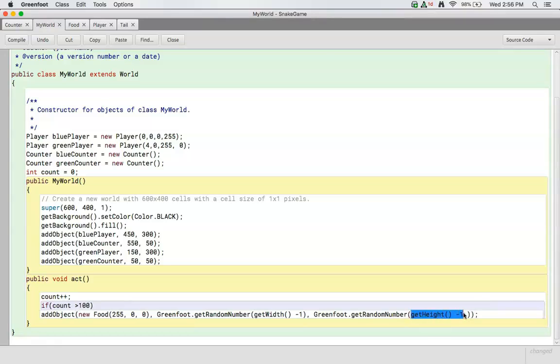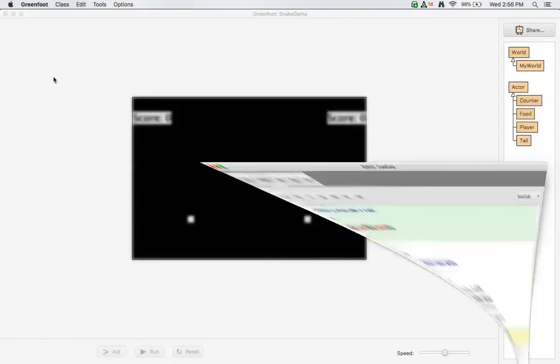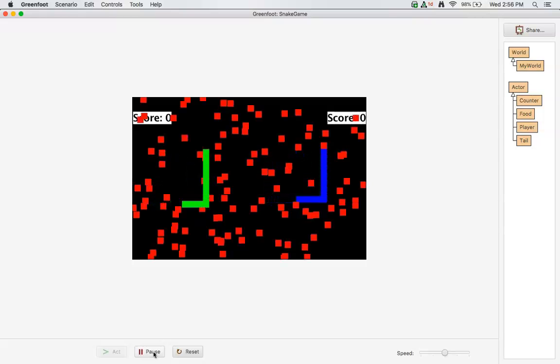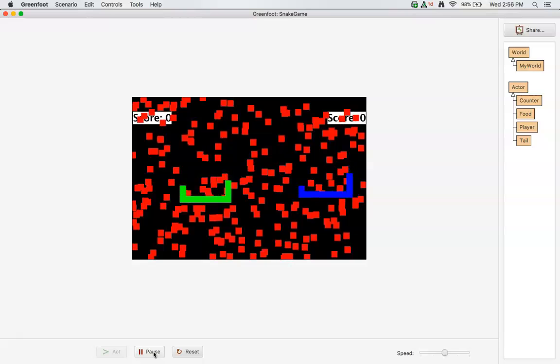Okay, because this is going to be the random number that we're going to get, and it's the height of our world. So anywhere between 0 and the height of our world, then it's going to be completely random, and this is going to be anywhere from 0 to the width of our world. Which I don't think you need to do -1, but I'm going to do it just in case. I think it goes 0 to just before the edge of the world. So there goes our apples, and they're getting added in,